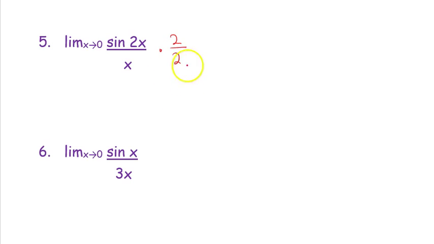Why can I do that? Well, what is 2 over 2? It's 1, and anytime I multiply something by 1, I'm not changing its value. However, what this does allow me to do is to get a 2x on the bottom. So I'm looking at it like the limit as x approaches 0 of a 2x on the bottom, a sine